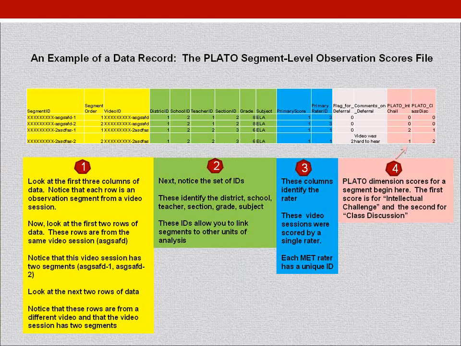So to try to understand how the data look in a data record, let's begin in the yellow area of this slide, and let's look first at the first 3 columns of data labeled segment ID, segment order, and video ID. Now, these are completely fake IDs, but there will be an ID structure like this in the data. And what you'll notice is that each row is an observation segment from a video session. So if you look at the first 2 rows of data, you'll notice that those rows are from a single video session,